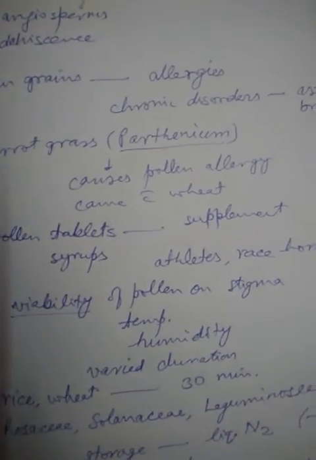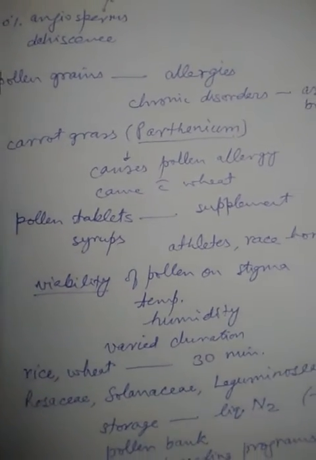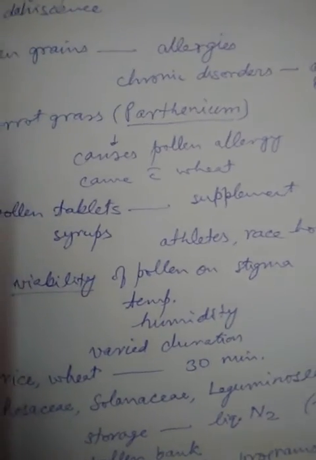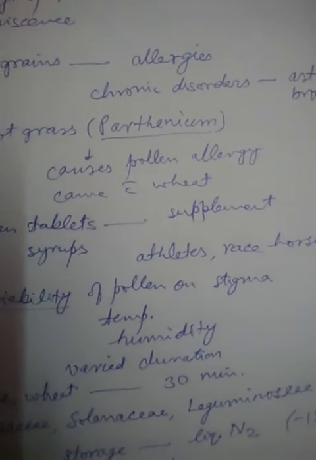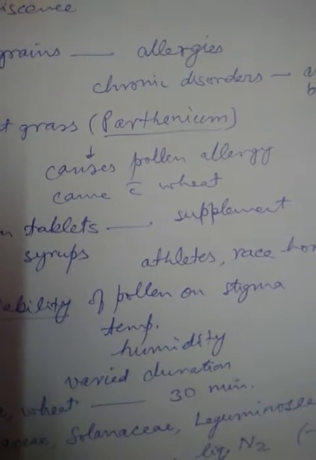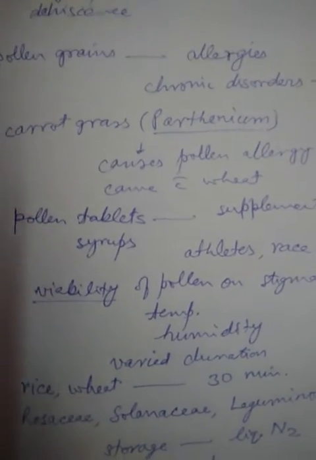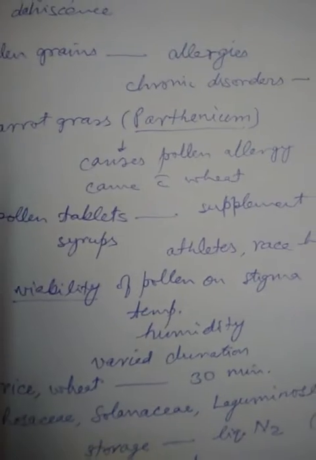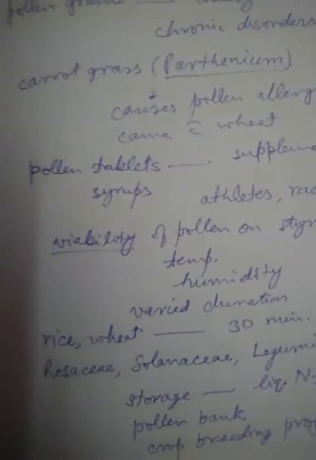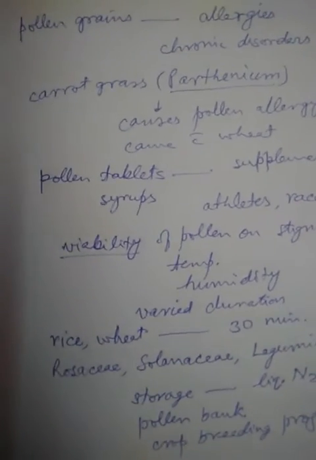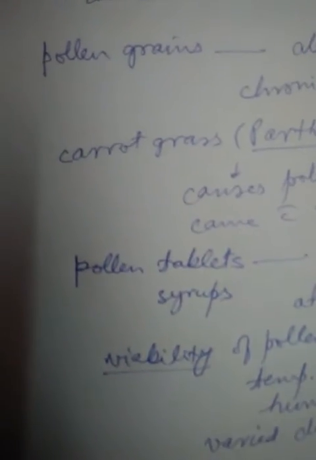Okay, so however, one thing which is very important is that this process of pollination, or process of the pollen reaching from the anther to the stigma may take a long time. So this pollen has to survive that much period. So in some species of plants, the pollen may survive a very long period of time. However, in certain other species, it may not survive for a very long period of time, and this is called pollen viability.